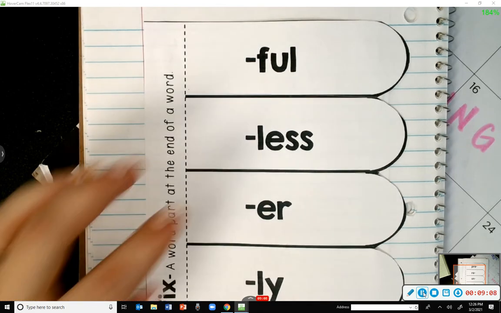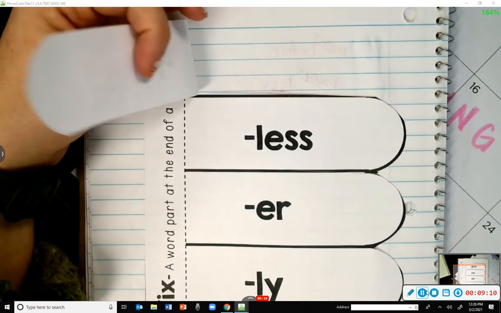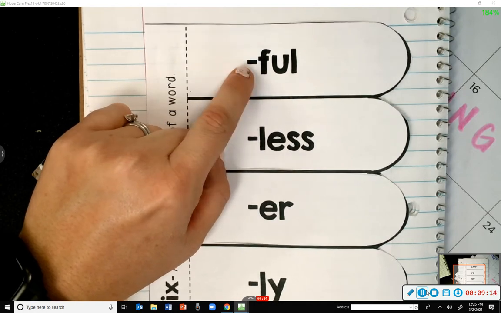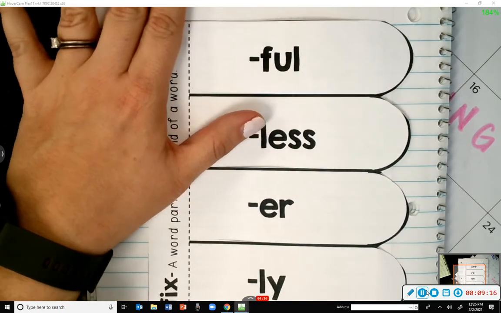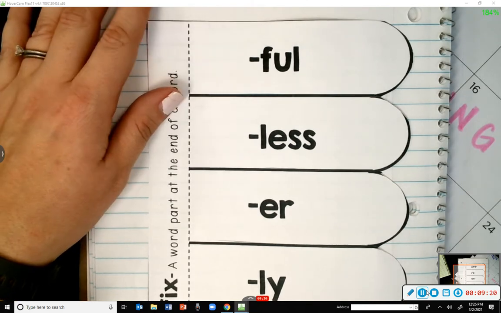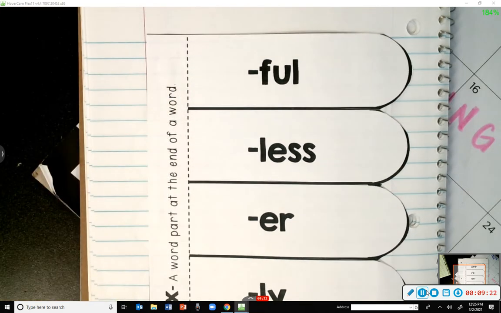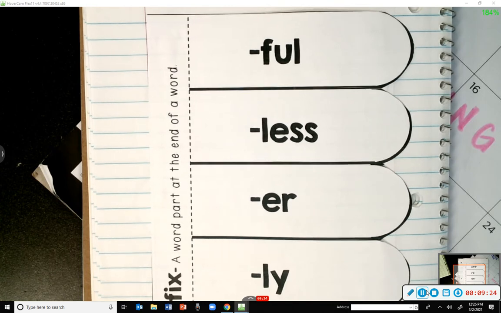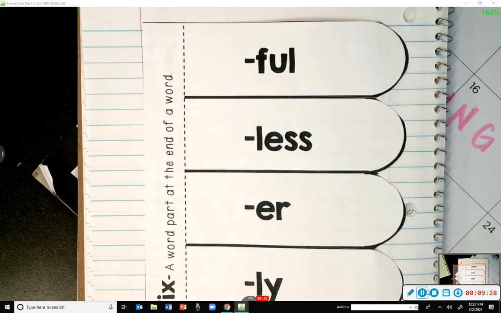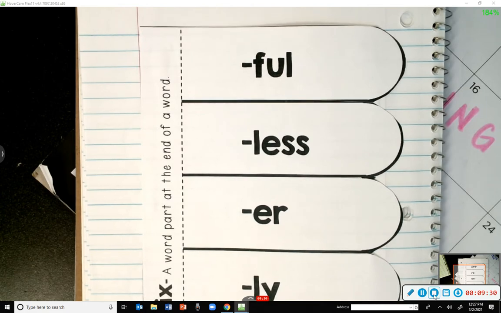Okay, and those of you at home, y'all don't have this flip book, but you could still write dash full, and then out to the side write the meaning and the example. Your title for this one would be suffix. A suffix is a word part at the end of a root word, okay? So full is